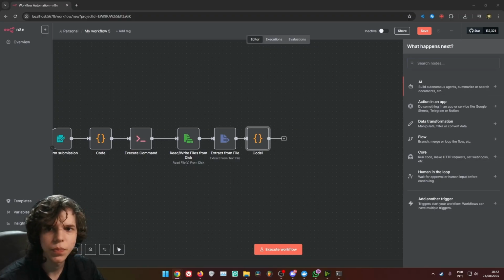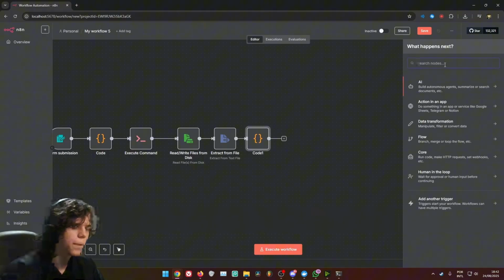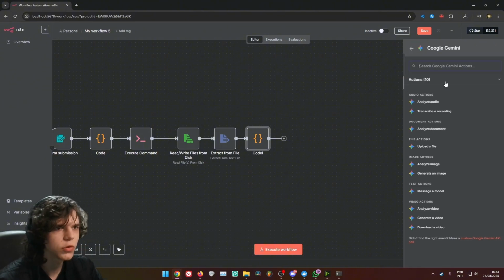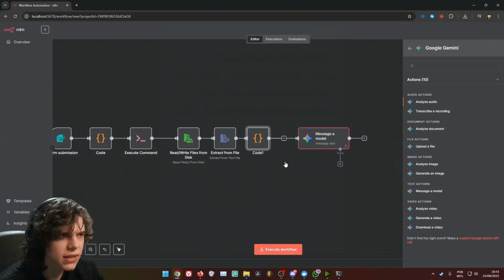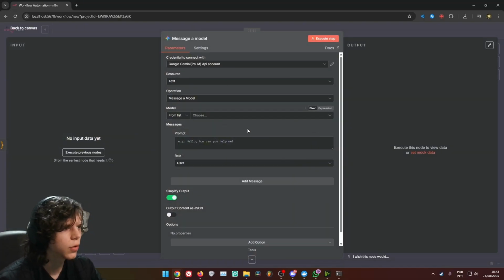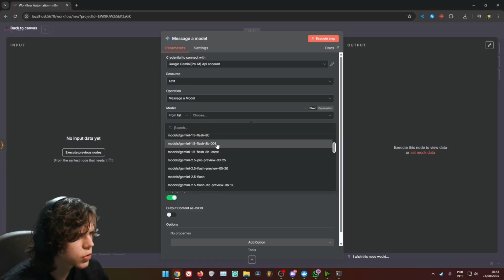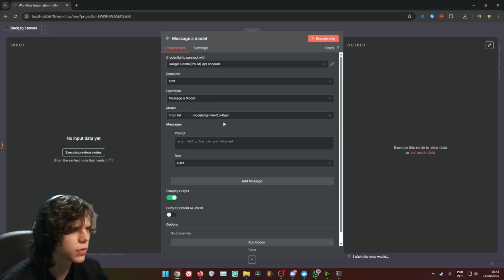Next step, we are going to message a model, Gemini model. Okay, so Google Gemini, and we want to message a model like that. Okay. Here we want to choose from list. You can choose whatever you want. I'll put 2.5 flash, but you can put pro as well. Choose whatever you want. And now we need